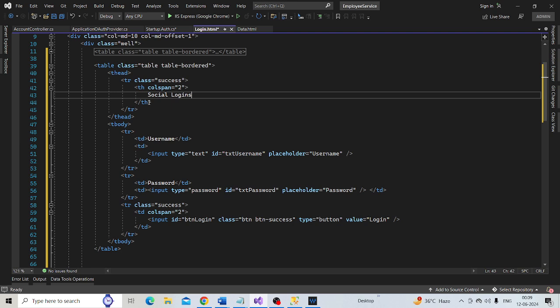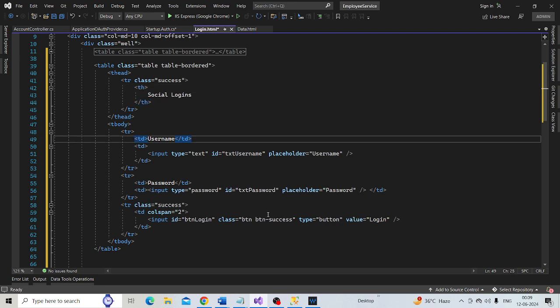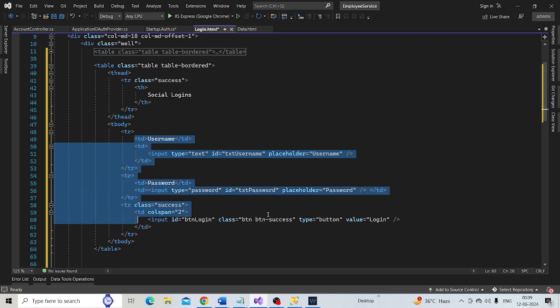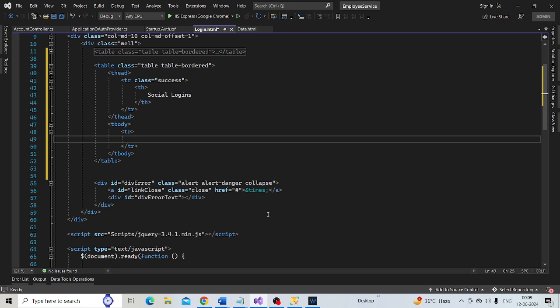We don't need this column span here, so let's get rid of that as well. And here we just need one TR. We don't need all these TRs, so let's delete all of them. And within this TR, let's include a TD.